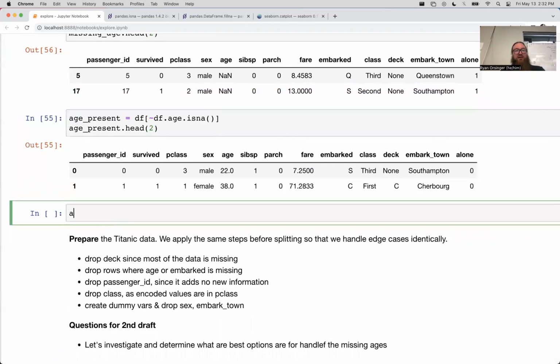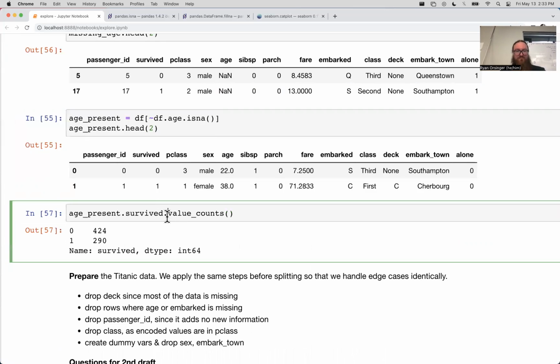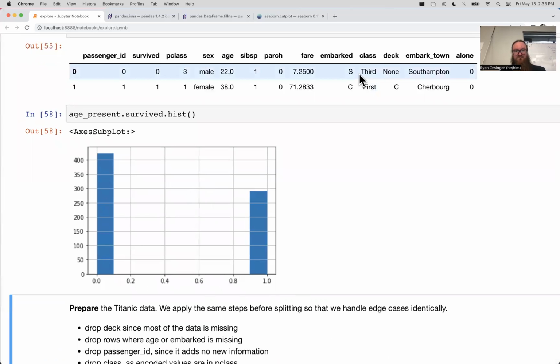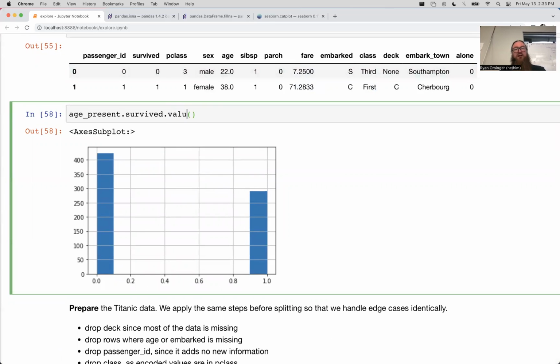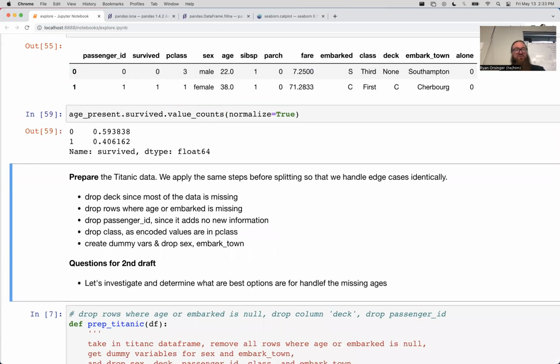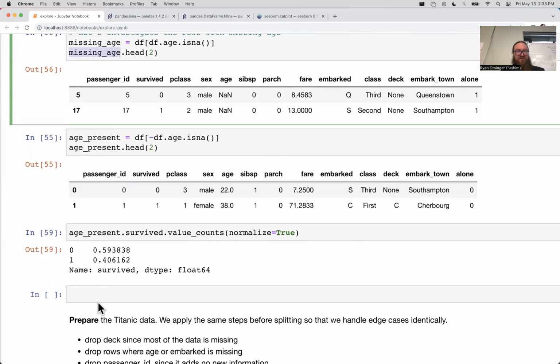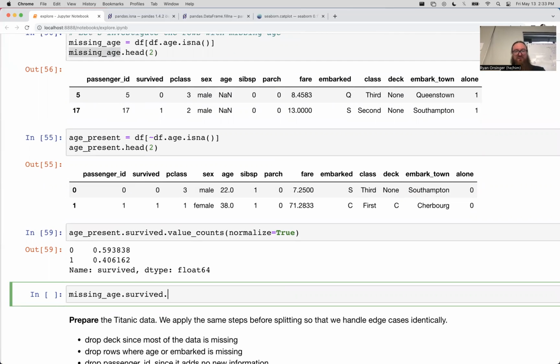But what if we wanted to say age present dot survived value counts? Actually, let's do a hist visually. Or even actually value counts. I think we could do normalize equals true to get the percentages there. And then we can compare this to missing age dot survived dot value counts, normalize true.